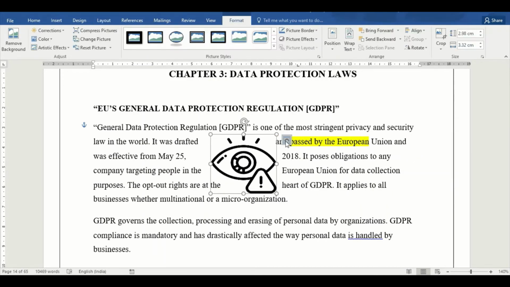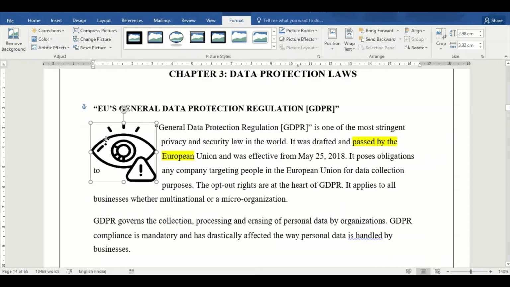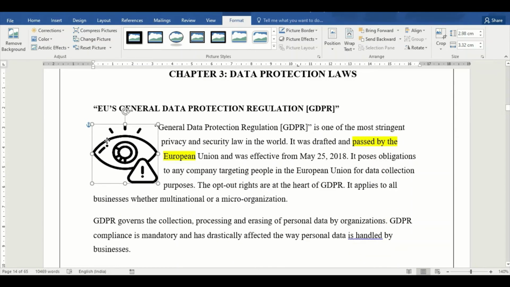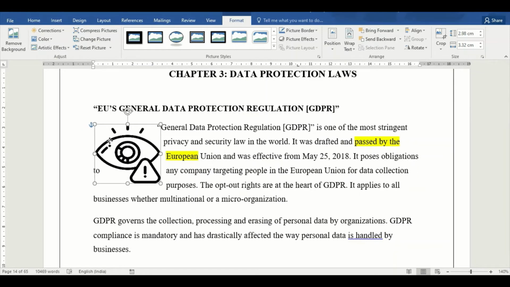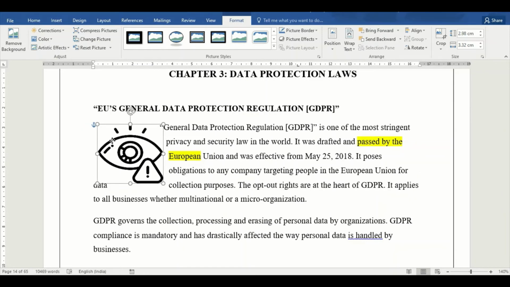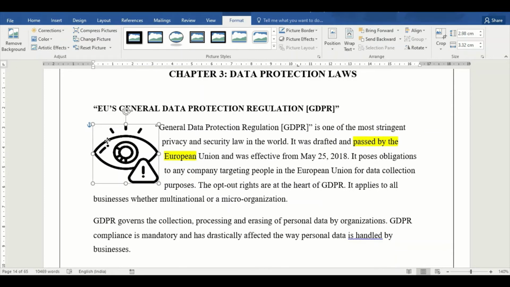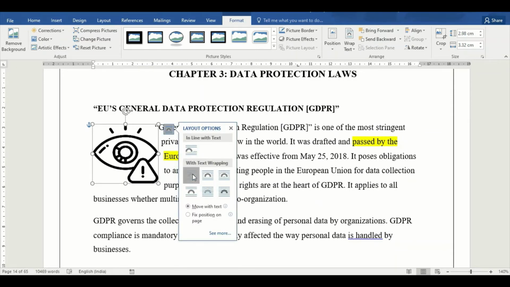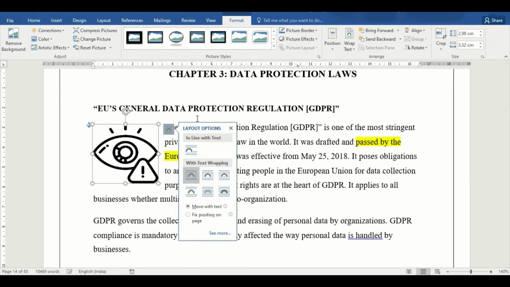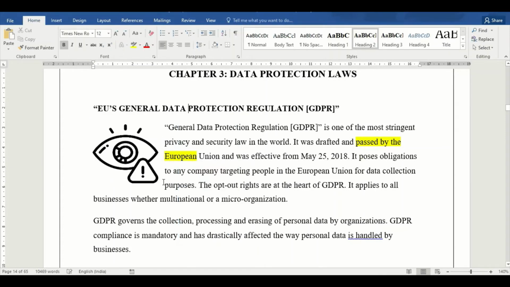Many a times people need to insert these images and they miss out on how to insert them properly because they aren't able to either move the image with the text, or they're not able to get it properly aligned with the text. So you can just use this really simple way. Go to the layout options and choose your preferred way and use it. Suppose I click on square, since that is the best option here, since you can see that there's a proper box around it and it looks very neat this way.